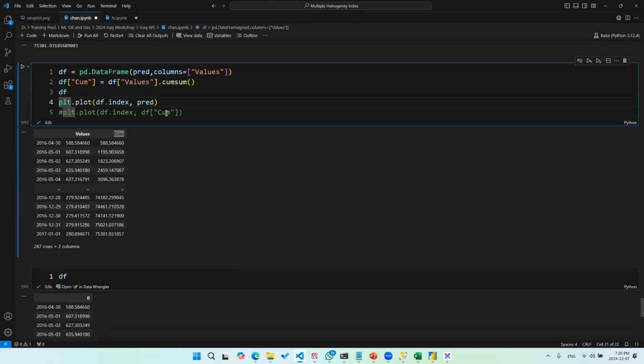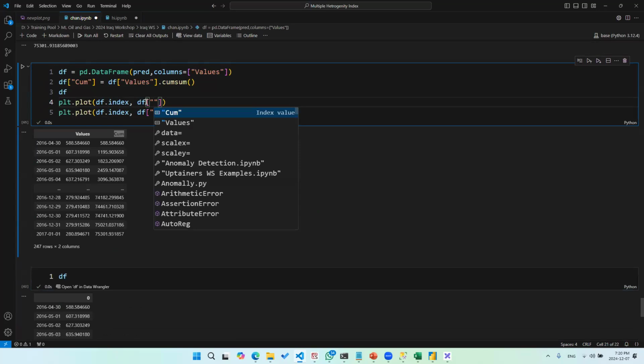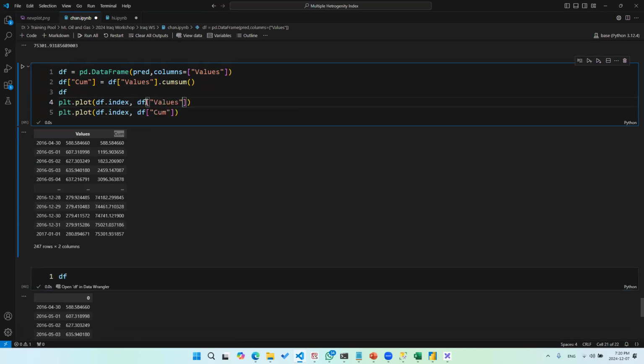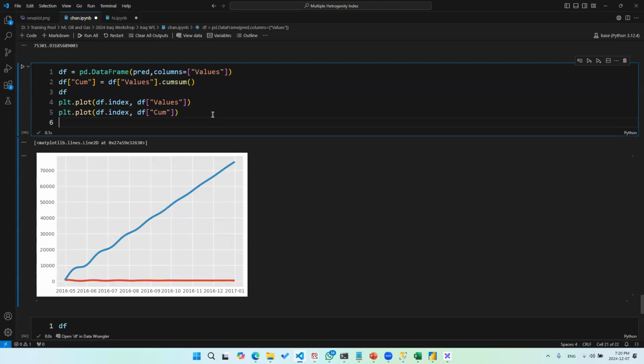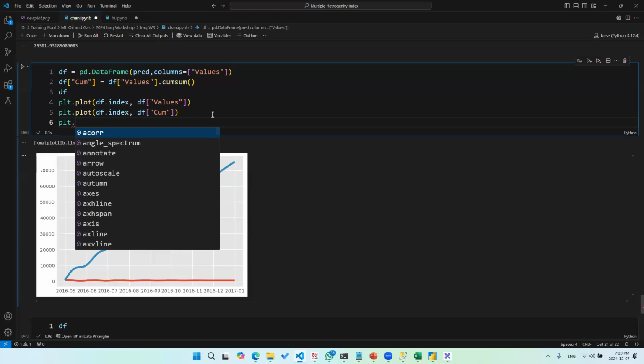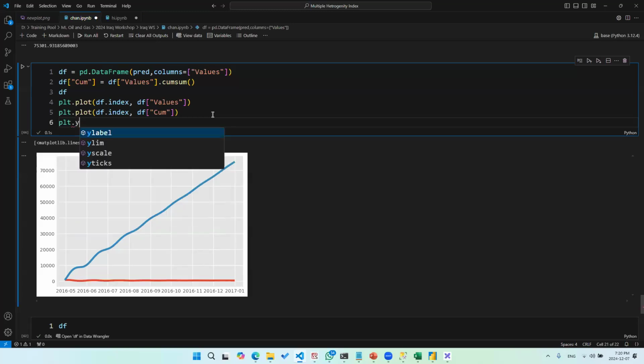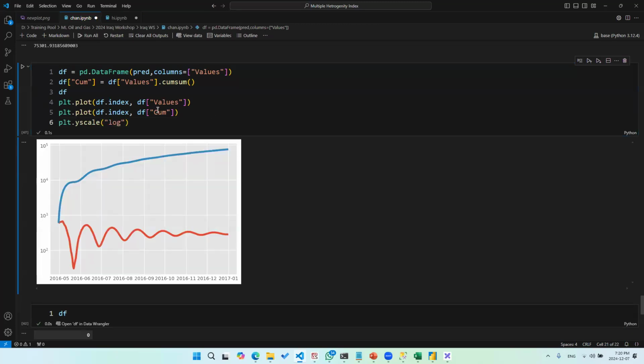So let's put these back again to work. We can have the cumulative production against the predicted instantaneous values, which are the daily values. So let's push these. There we go. Now this is the cumulative production, and this is the actual production. Of course, you can make these a log chart. So plt.yscale. We can make this simply a log chart or semi-log chart.